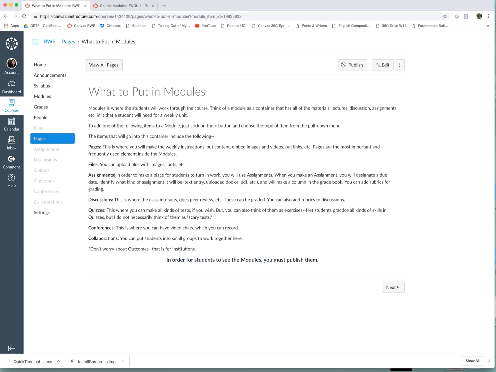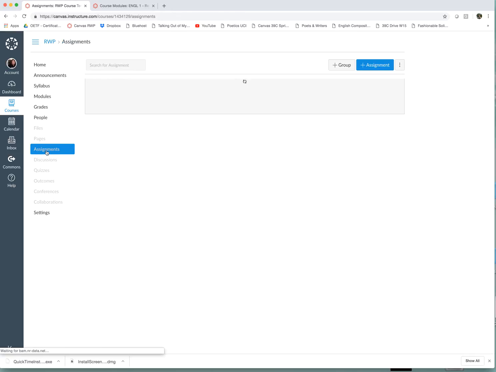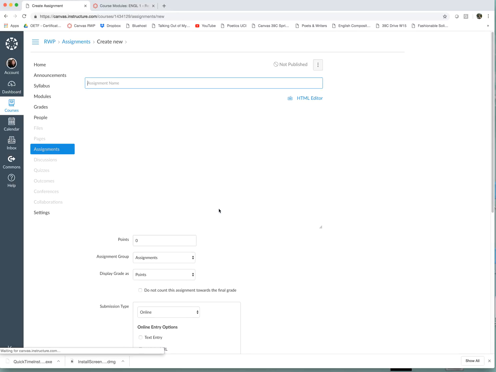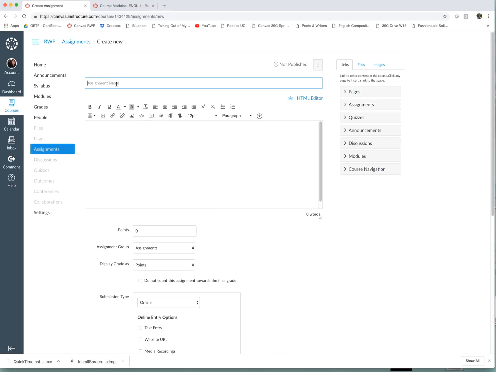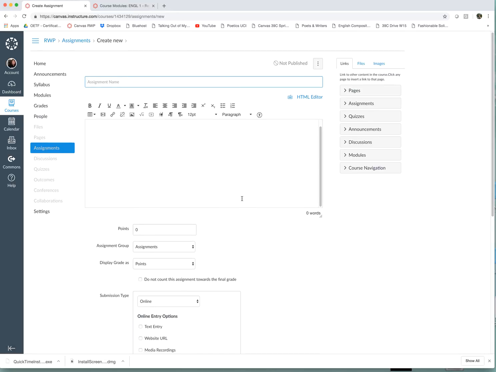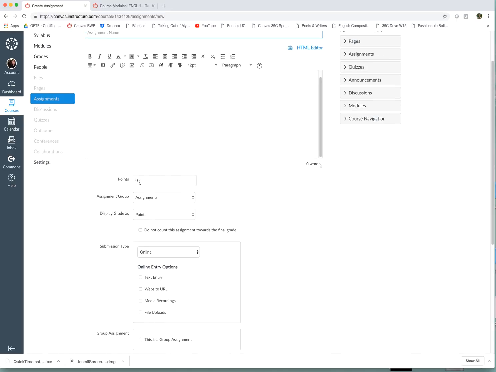You will also, inside assignments, which is here, I'll click on it so you can see what it looks like. You'll have all of the list of assignments, and you'll make an assignment here by clicking on this assignment button, and you put the name of the assignment, the description of the assignment. Always has to have points even if it's 0, but you can choose other kinds of how you want to